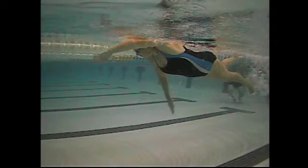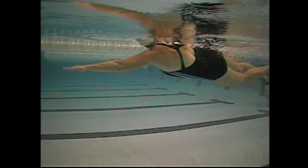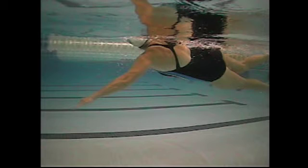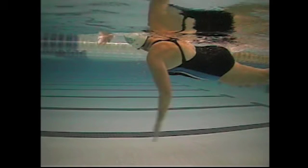So left arm here, entry, extending forward, rotation good. Hand is a little far in, or close to your head, in front of your head I mean. And then you start the pull, and what you look at is the forearm angle and upper arm, basically a straight line there. So a straight arm pull. And it's not until you get here and here where you're really getting maximum leverage and force out of that stroke. Whereas with a high elbow catch, you could get that earlier in the stroke, which would create